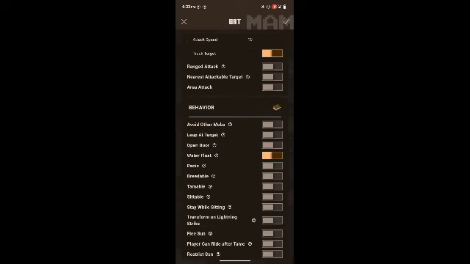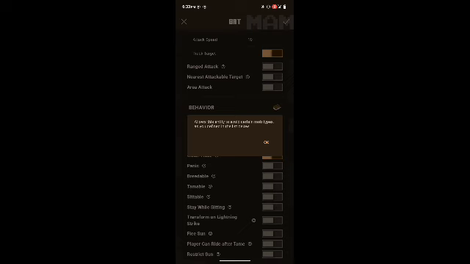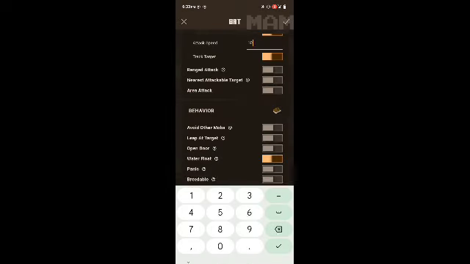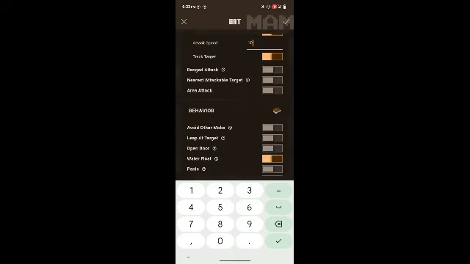Behaviors. Avoid other mobs allows this entity to avoid certain mob types as you define in the list below. Leave a target. Open door: you can turn on or turn off open door.